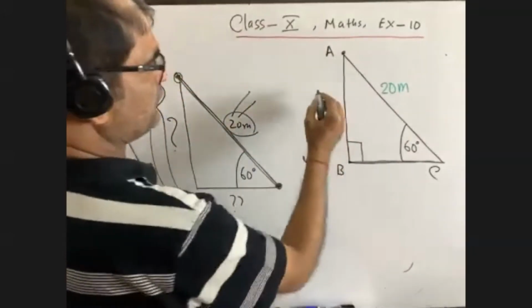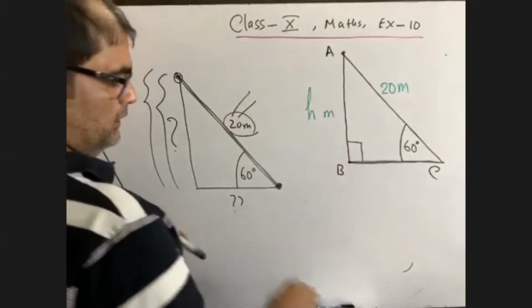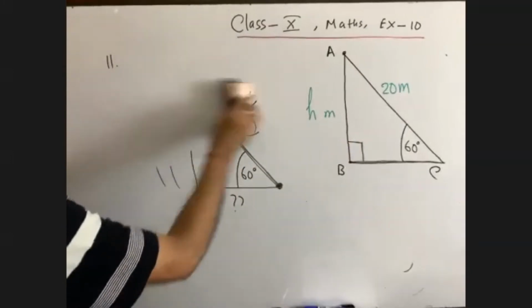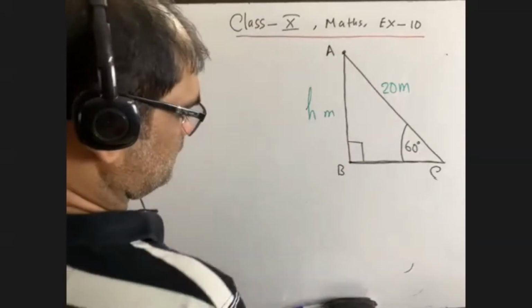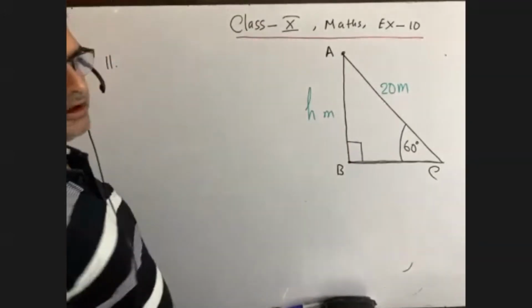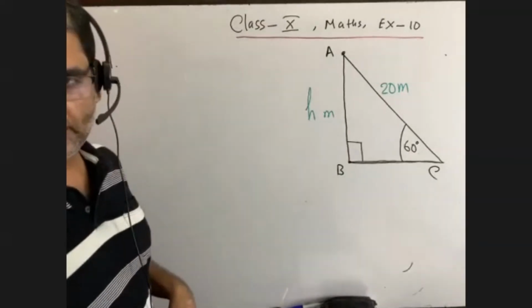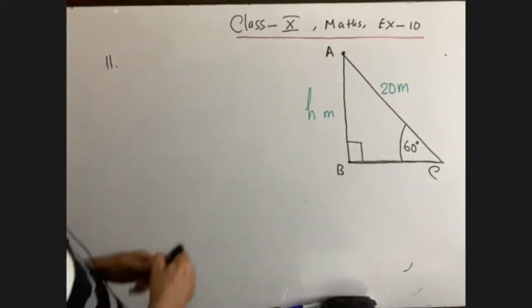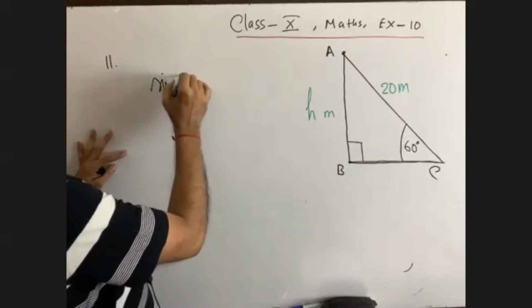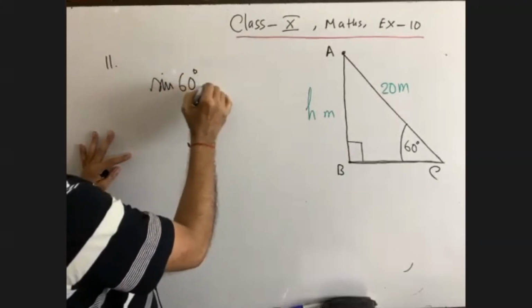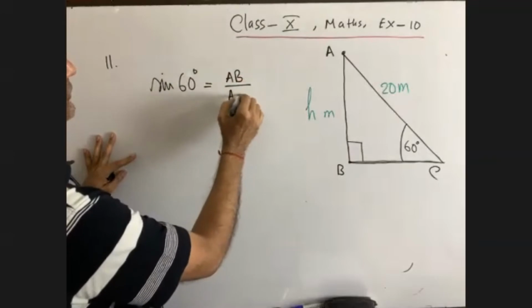Okay, and this is height 8 meter. Now just let me know, we have to find the hypotenuse here. What is given? Perpendicular. So which trigonometric ratio is being dealt by us regarding hypotenuse and perpendicular? Let me know. Talk to me. Sine. Sine 60 equals to what? Perpendicular by hypotenuse, right?